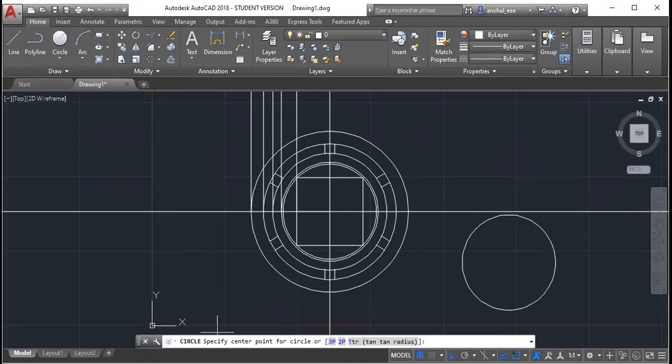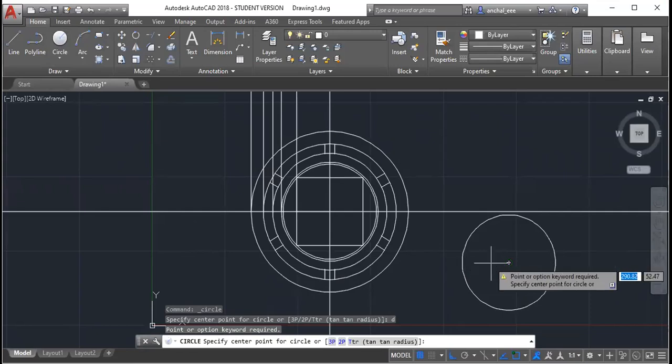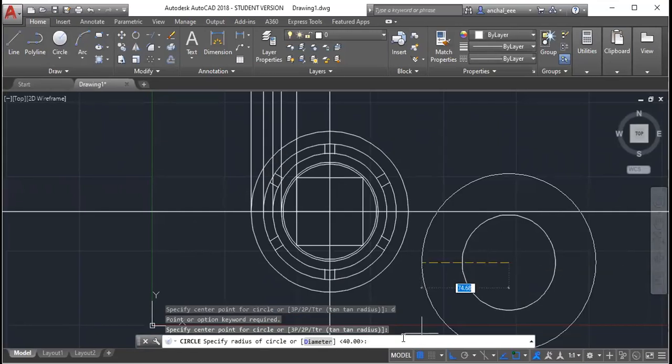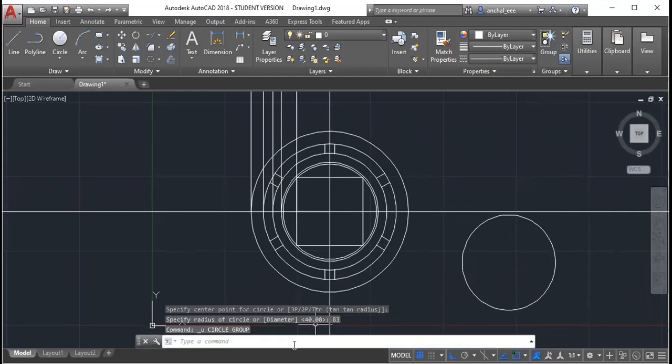Yes, ma'am. Do you know now how to draw the circle? See, D, I am writing here. Then I will go here. My object snap is not working sometimes in between. So click here. So LV inner is how much? LV inner is 83. So I will write here 83 and enter. Why has it come so big? I think I write here D, enter 83.